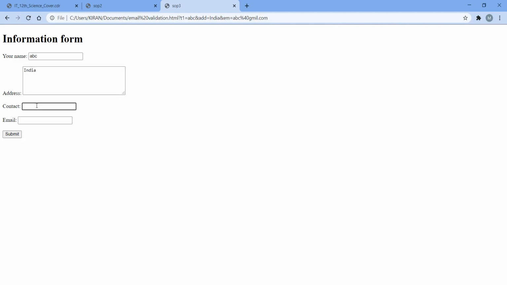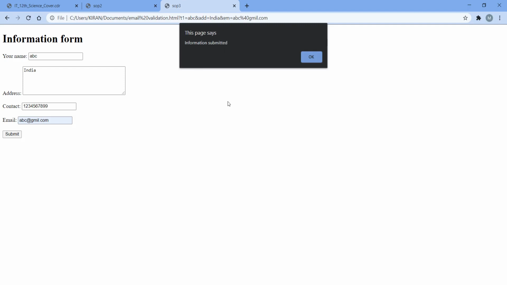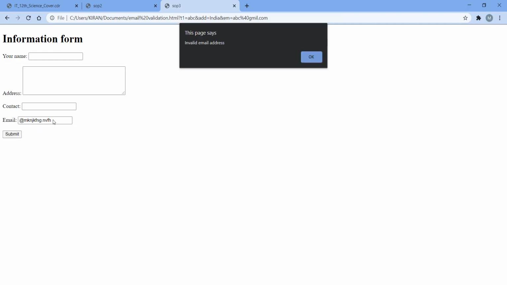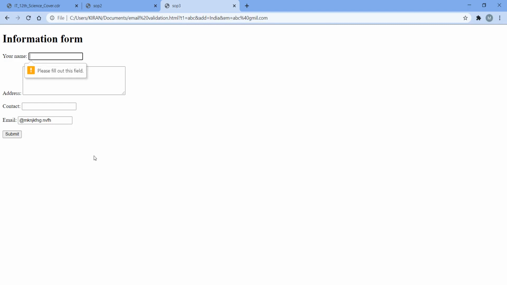And contact and email, submit. Okay, information submitted means our email address is correct. Now suppose I am entering a wrong email address, like the at symbol at the starting of the email address. Submit. Invalid email address means our email address is wrong.